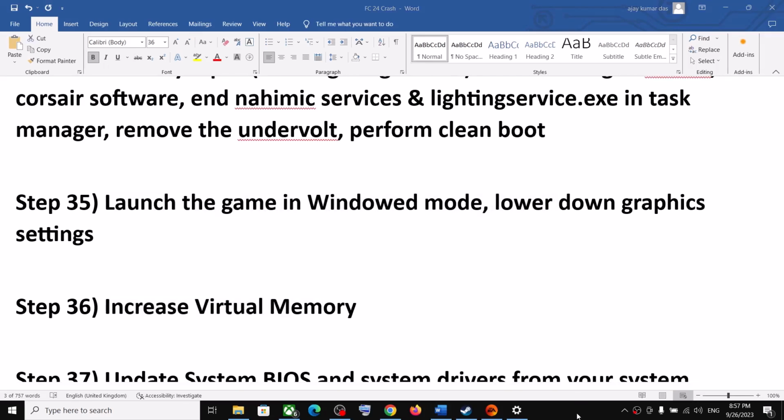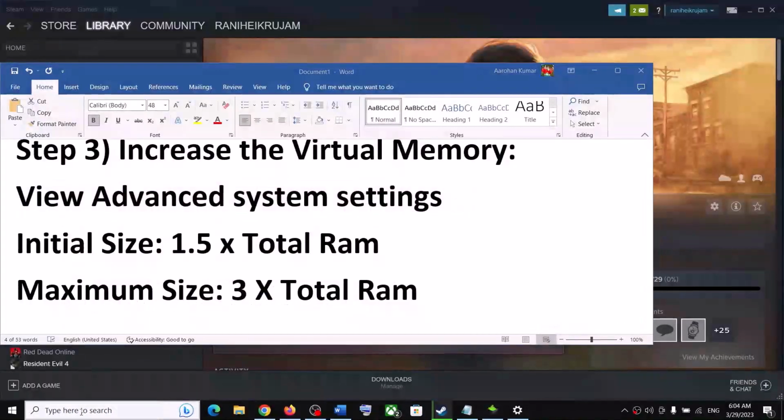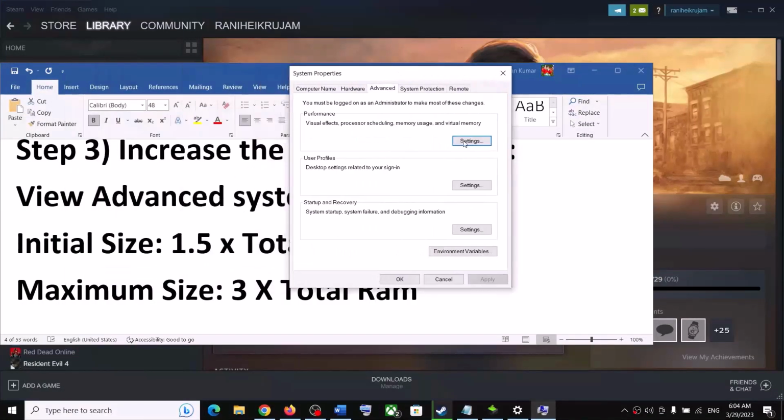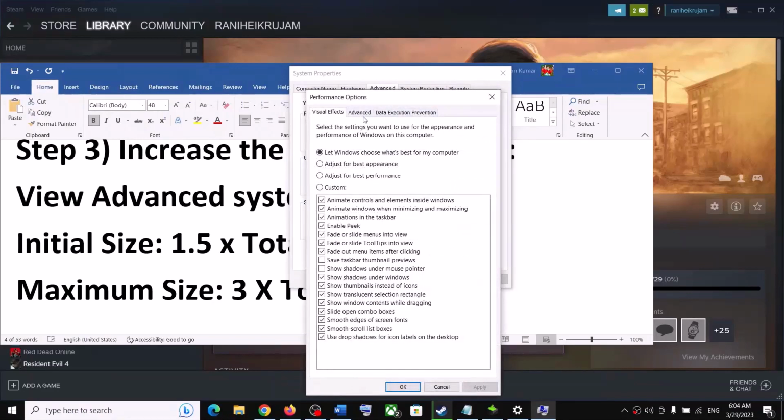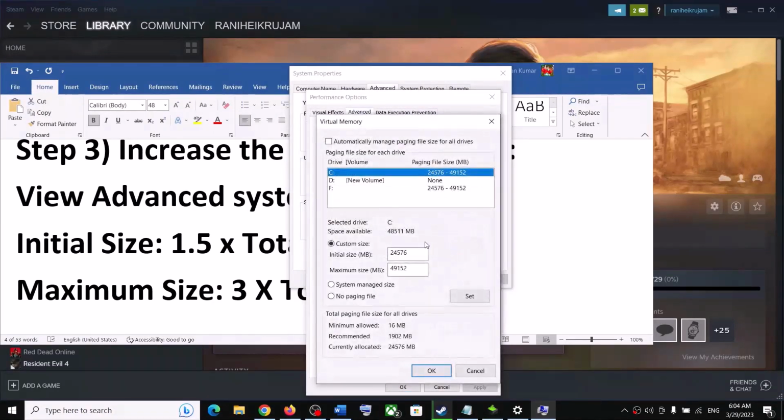This is important. So you can type in view advanced system settings in Windows search box and click on it and then click on the first settings and then go to advanced tab and then click on change over here. Now select the drive where the game is installed. Uncheck the box which says automatically manage paging file for all the drives. So you have to uncheck this box and then select the drive where the game is installed, and then the initial size is